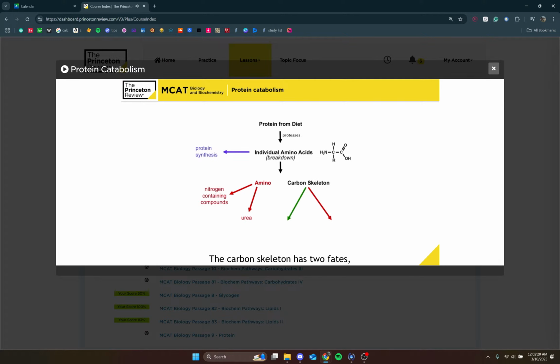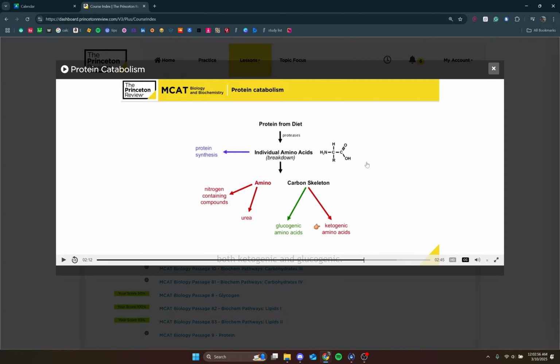The carbon skeleton has two fates, depending on the side chain of the amino acid. Some amino acids are what we call glucogenic amino acids. This means that the carbon skeleton can be used to generate glucose, so it can enter the gluconeogenic pathway. Other amino acids are said to be ketogenic, which means that their skeleton will be converted to acetyl-CoA and then ultimately to ketone bodies. There are actually only two amino acids that are strictly ketogenic, and that's lysine and leucine. There are some amino acids that are both ketogenic and